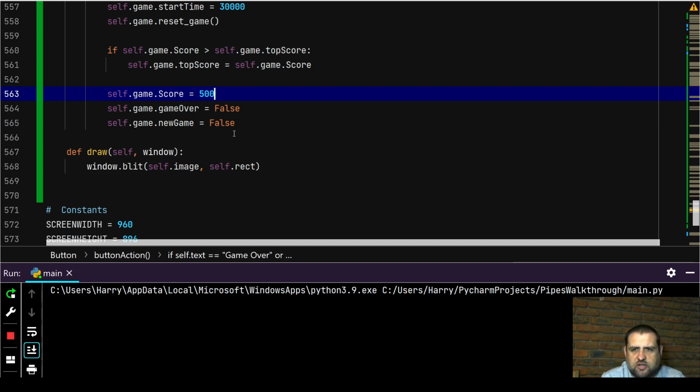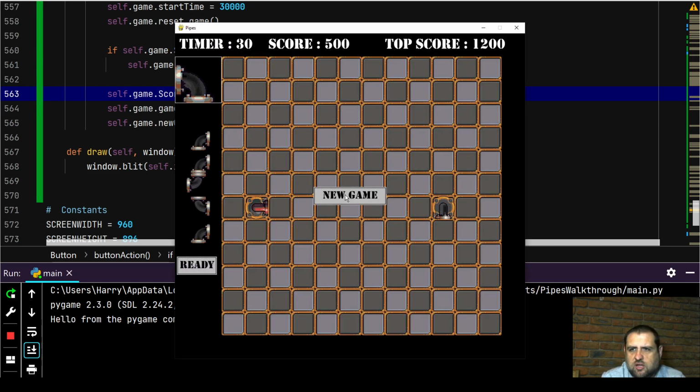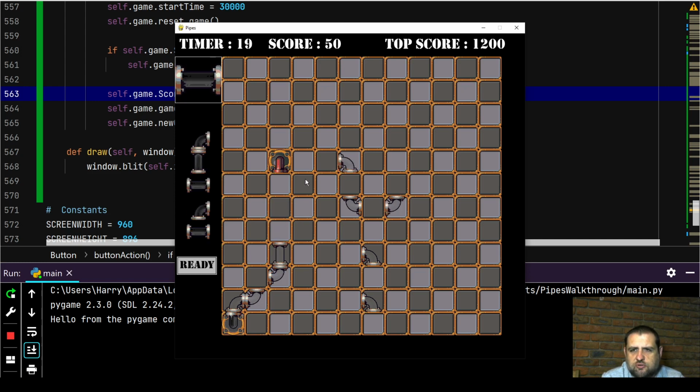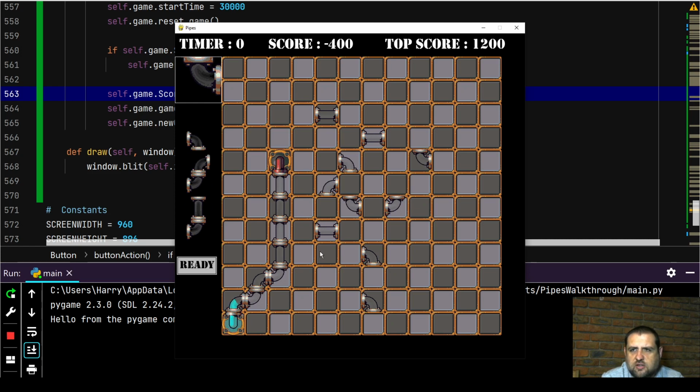Let's run this quickly. That should handle all of the game scores. So we go new game. You'll remember we did change the scoring structure just slightly, so that as the water flows through the pipes, we can gain points for each pipe that the water flows through successfully. Ready? Okay, so we're at minus 400, 200, 100, 0, 100, 200, 300, 400, 300, 1,300. It's already higher than our top score. So when we click the next stage,